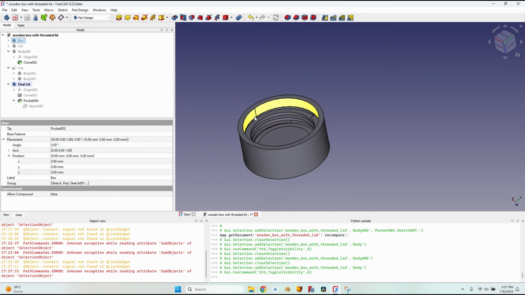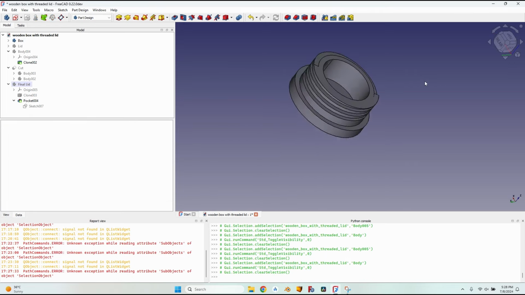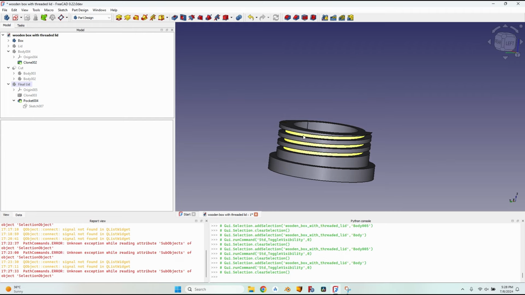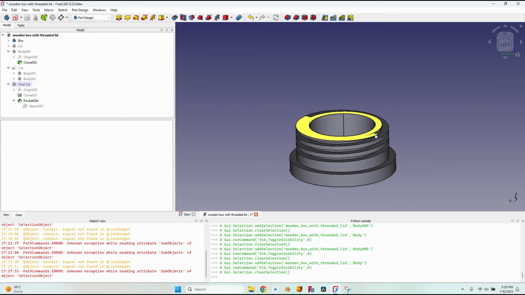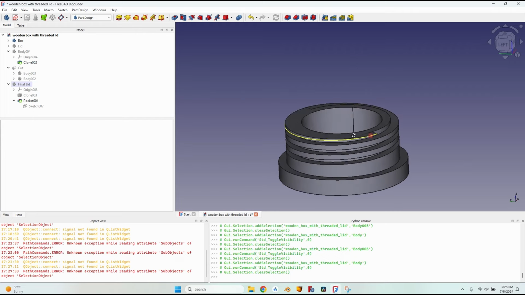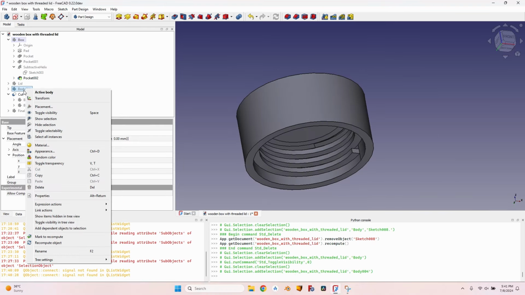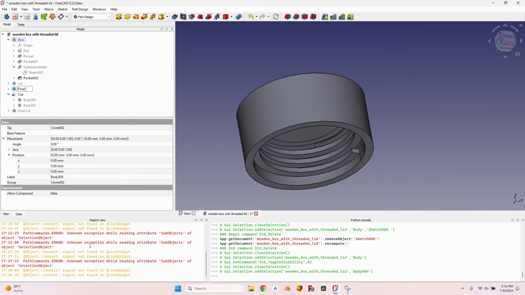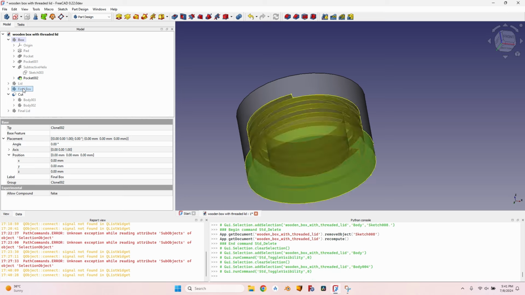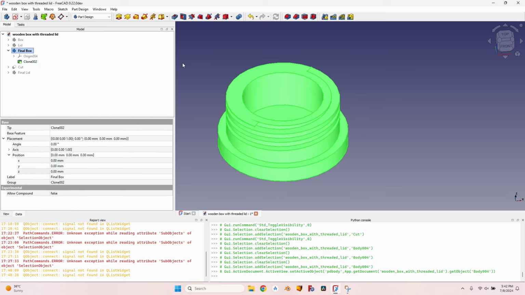I still need to do the opposite of what I did for the lid with this little pocket. I need to make it also on the box. I need to make a little pocket on the top, because otherwise you can see the thread here is going to be very thin. Rename this copy final box, make it visible, right click on it, make it active body,